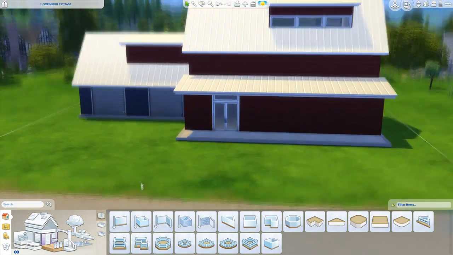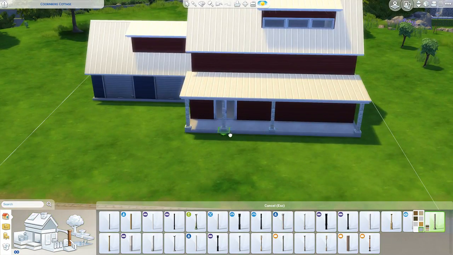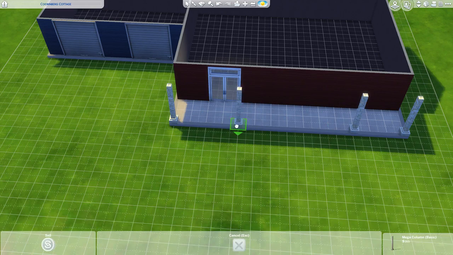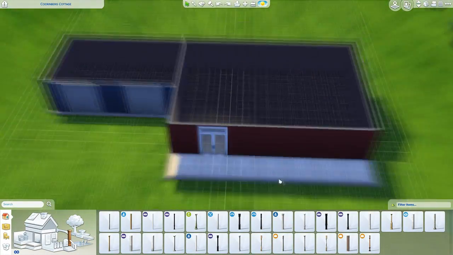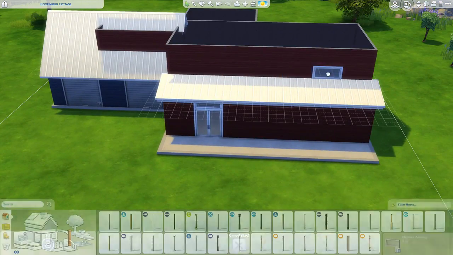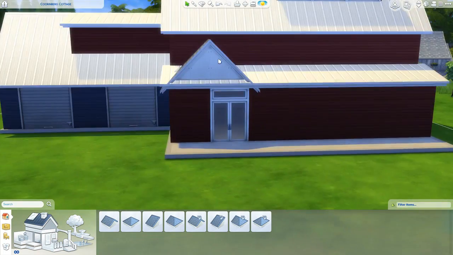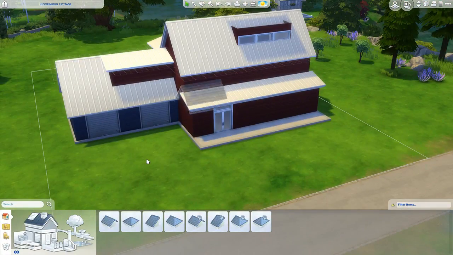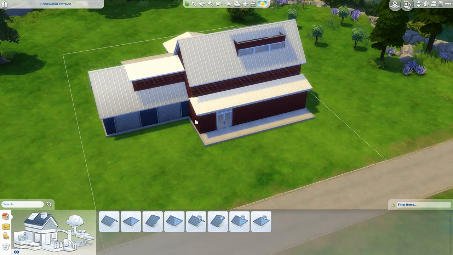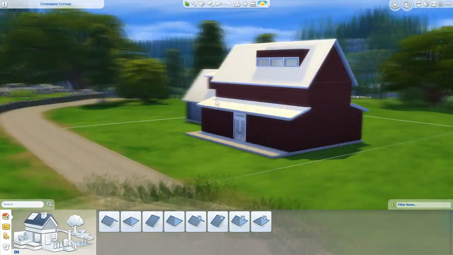As per usual, I don't really edit out that much of my build, so you guys can actually see the whole process from start to finish of how this build evolved from my original concept of a modern barn house into a more traditional contemporary farmhouse for the family. So it's gonna be a really interesting transition, and that's also why this build is a little bit longer,